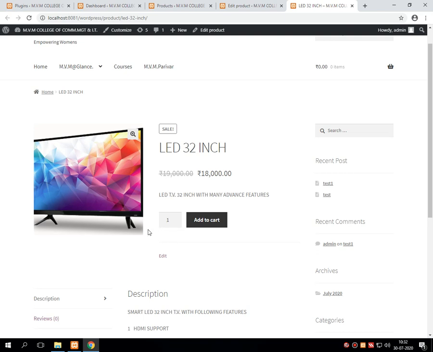Suppose I want to purchase this particular TV, a single piece, then I keep it as it is. Otherwise, you can purchase multiple products by clicking on this tick bar. Here I have kept a single quantity and am pressing add to cart.